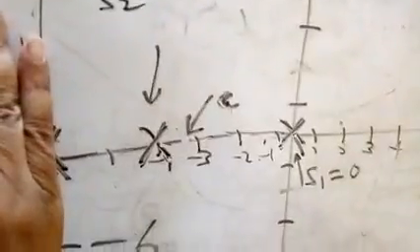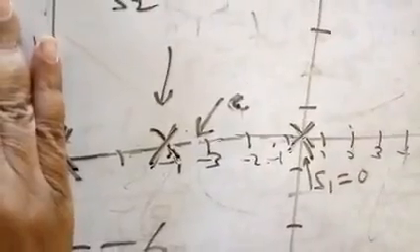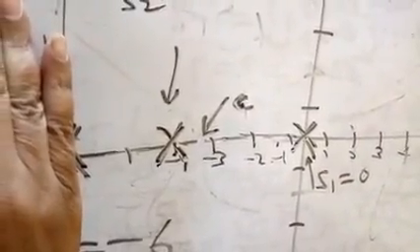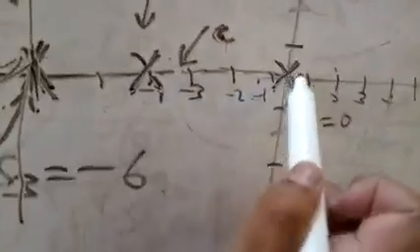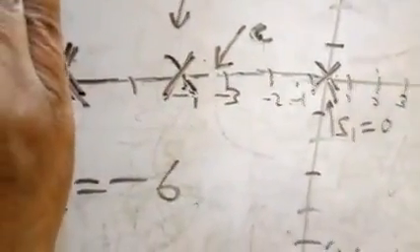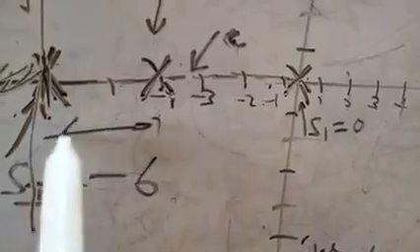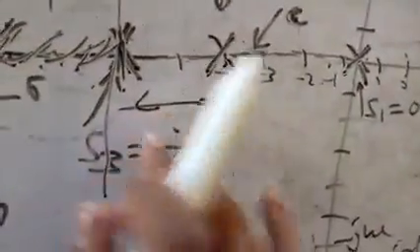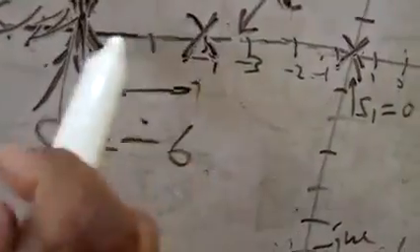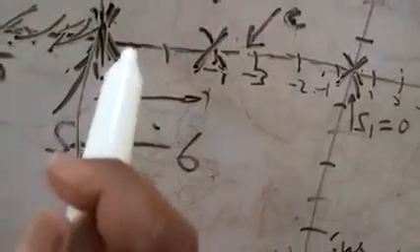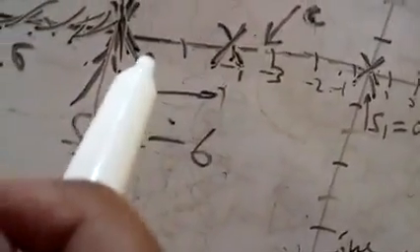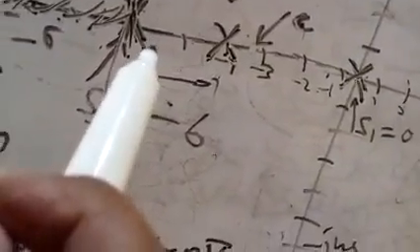Second, on this point S is equal to minus 6. See, what is our observation? The combination of the number of poles and zeros is 2. This is 1 and 2. This 2 is an even number. So your root locus does not exist between minus 6 to minus 4. Here your root locus does not exist due to the even number of combination of poles and zeros.